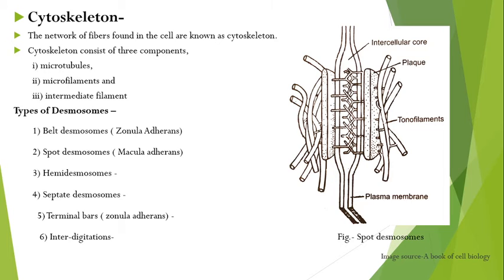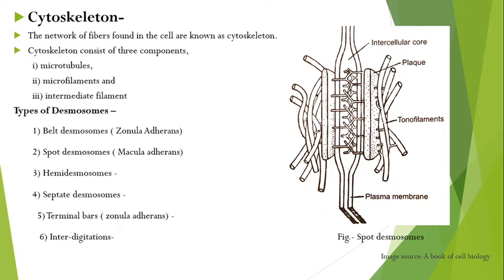Or the zonula adherens. The terminal bars are similar to desmosomes except that they lack tonofibrils. In the terminal bars, the plasma membrane is thickened and the cytoplasm of the thickened area is dense. The terminal bars occur in the intermediate portion of the plasma membrane of columnar cells just below the surface.